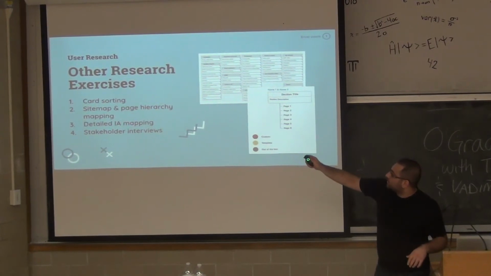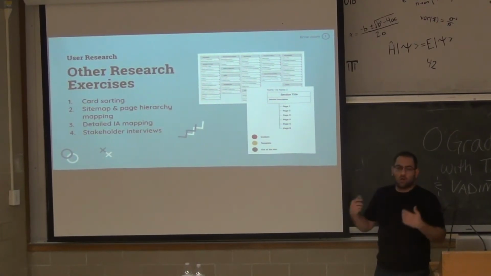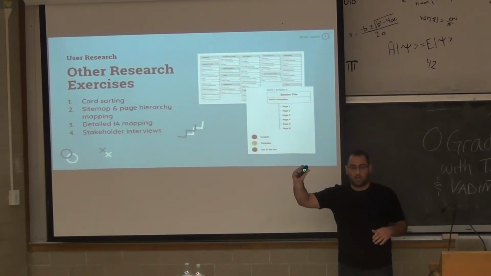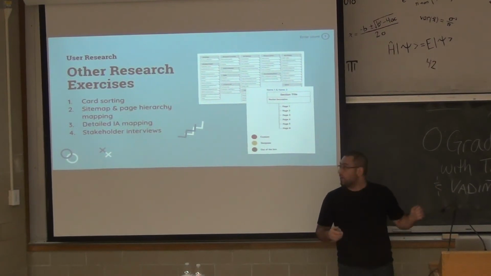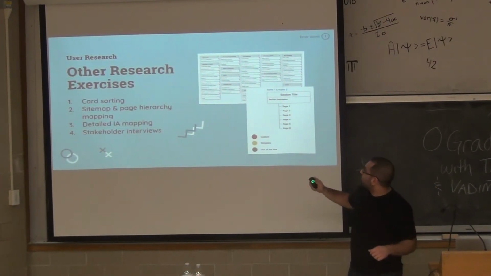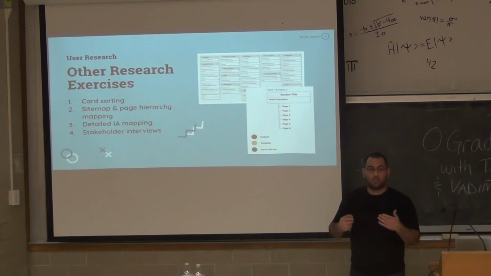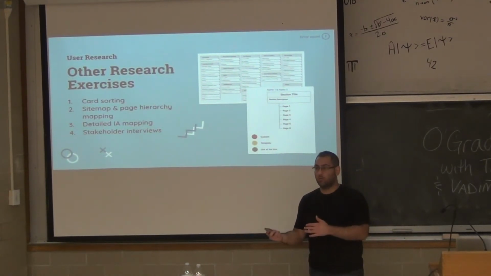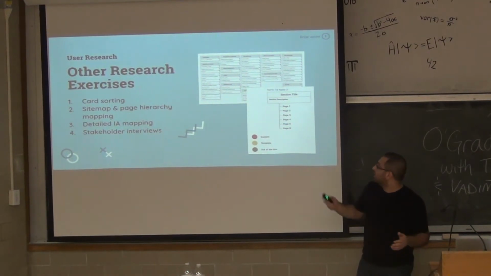We went ahead and did the site map and page hierarchy mapping. Okay, what is it roughly going to look like? How can we make the utility bar useful for people, the primary navigation, and the site map as well? We took a look at that. Third, went through detailed IA mapping. Now, unfortunately, this part we can't really show because it is a work product and we don't want to upset our client. But what I wanted to do was actually talk about the basic structure.